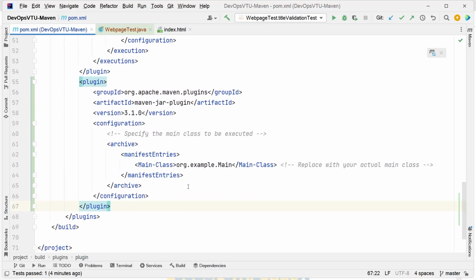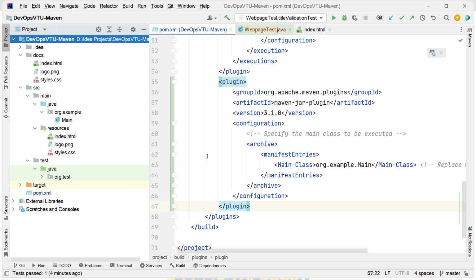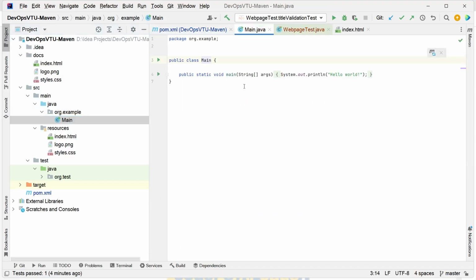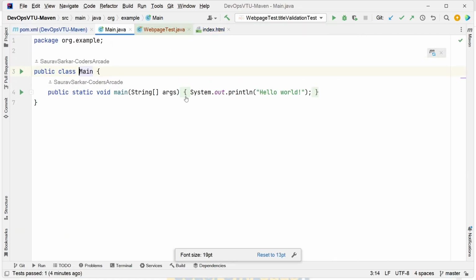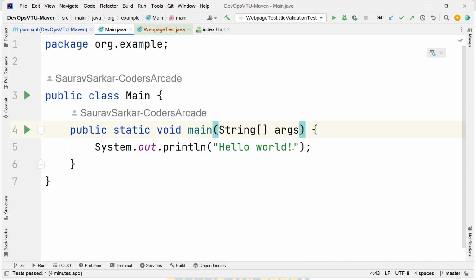Just try to understand. In my case, you can see inside src main, I have Java. Inside that, the package name is org.example, and then here I have main. Okay, and let me open that file, and you can see there is a print function, or you can see here I'll just say